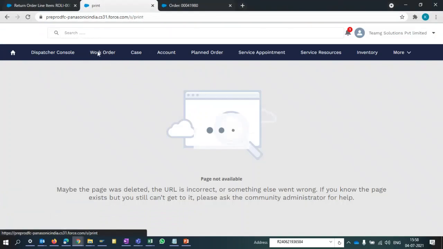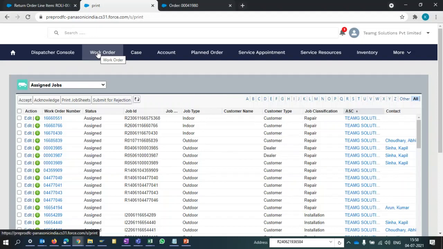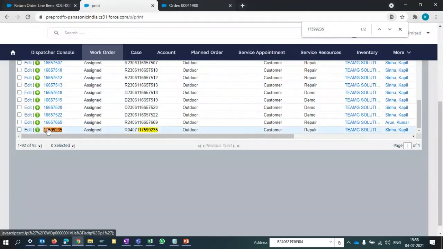Let me go directly to the service center ID. Okay, so let me check the work order number. Okay, so 235. Okay, so I just open it.